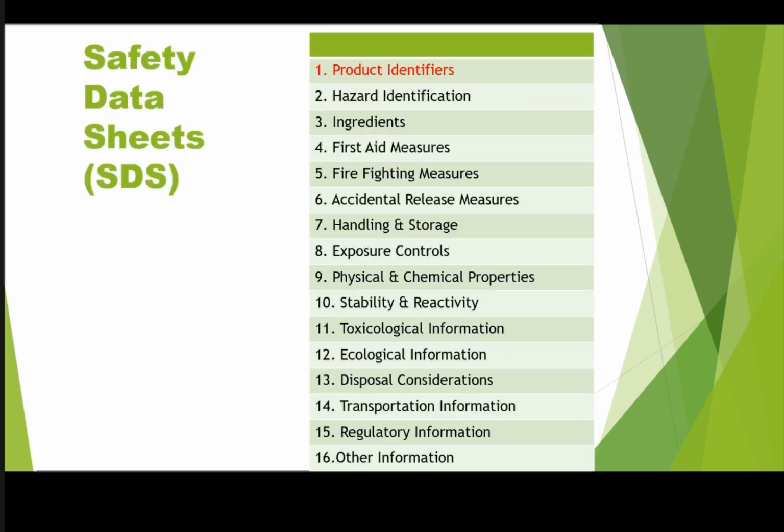Alright. The safety data sheet. Safety data sheet has got exactly 16 sections. The 16 sections are product identifiers, hazard identification, ingredients of the hazardous product, first aid measures, firefighting measures, accidental release measures, handling and storage, exposure controls, physical and chemical properties, stability and reactivity,